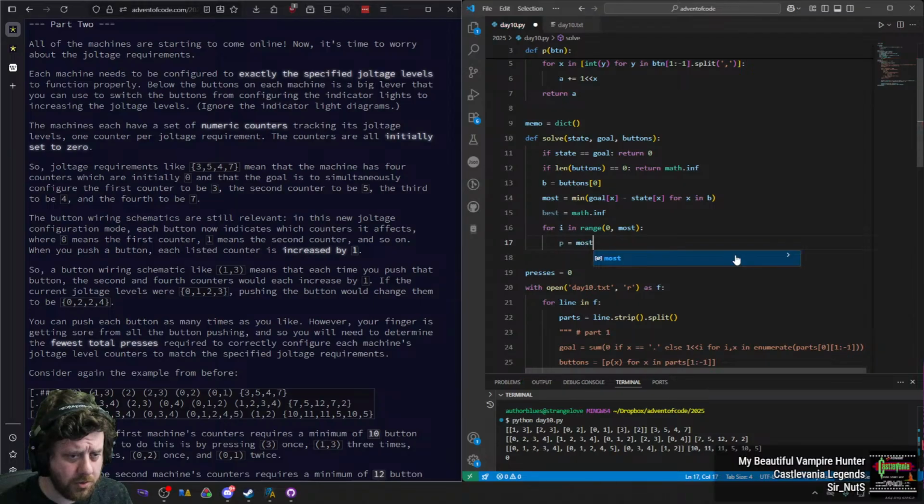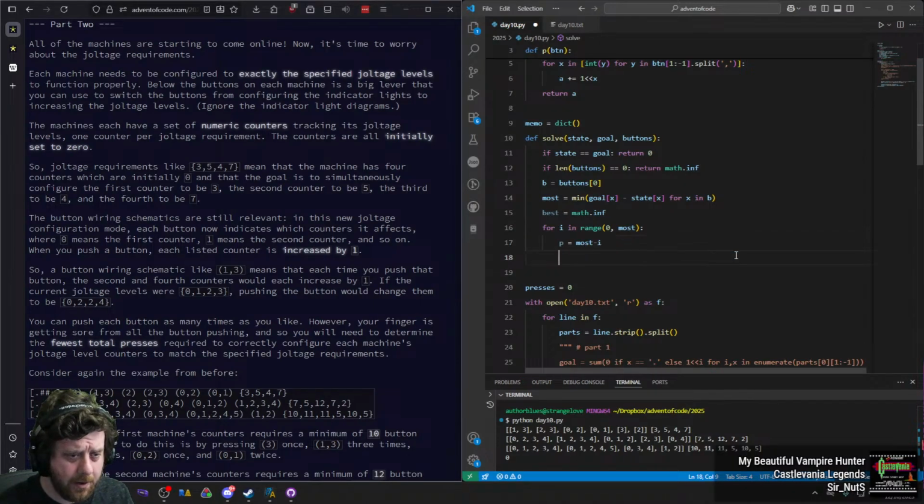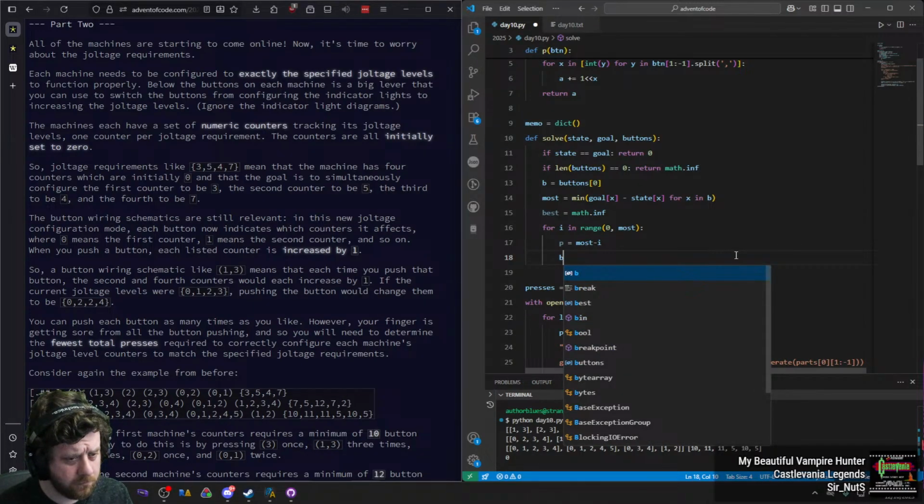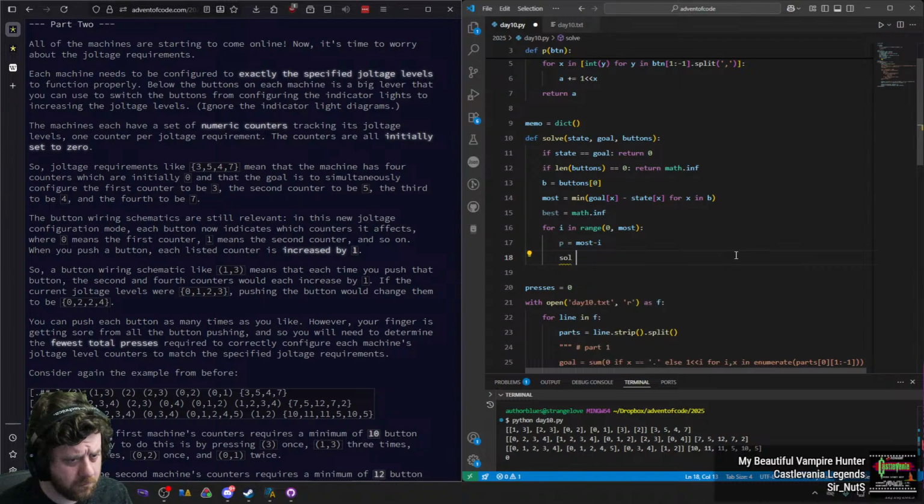B is most minus i. Solve for it's going to be a list where